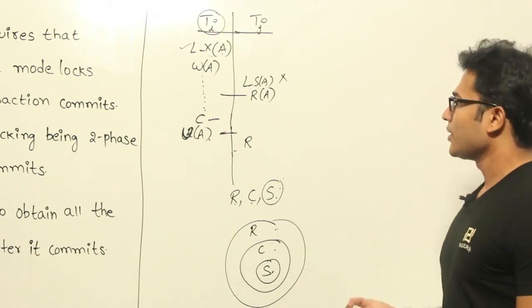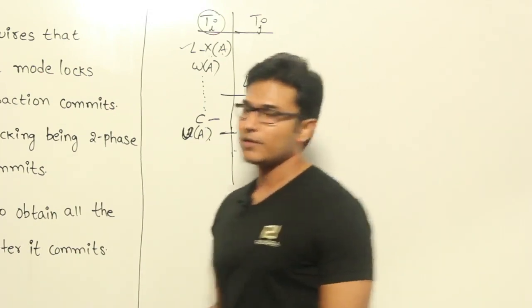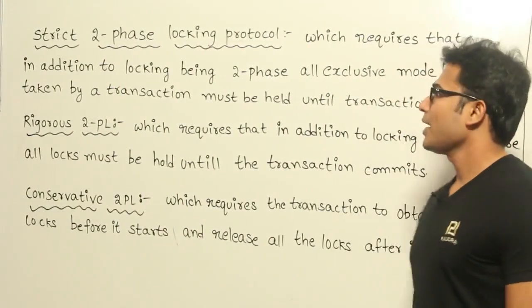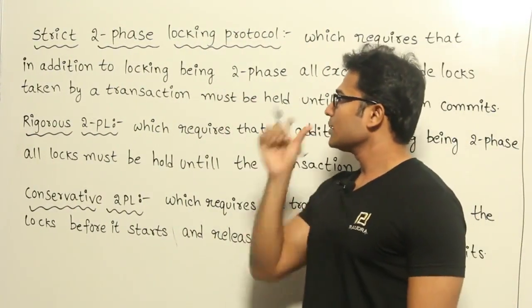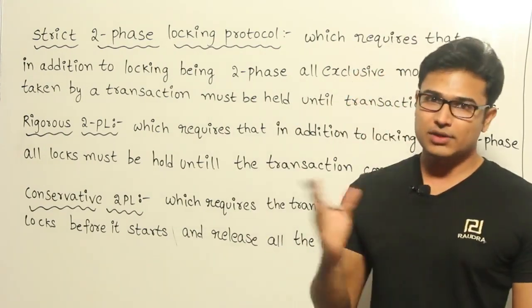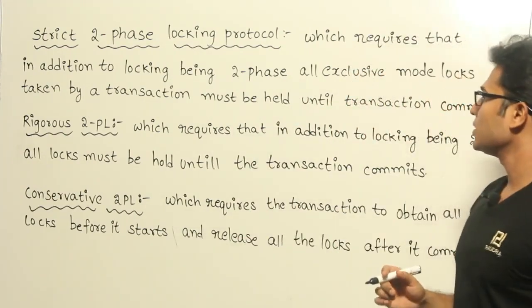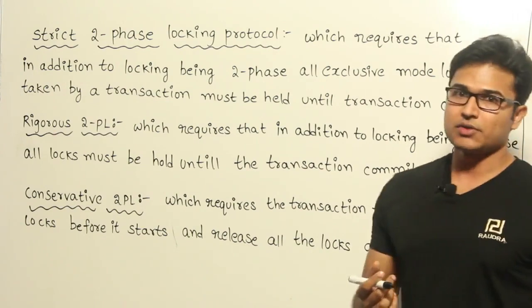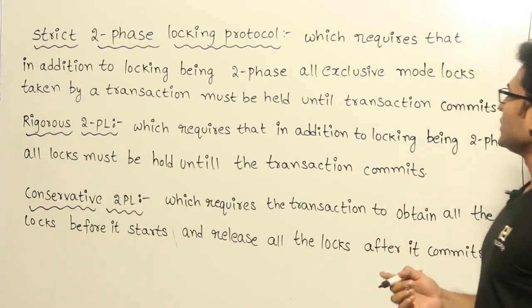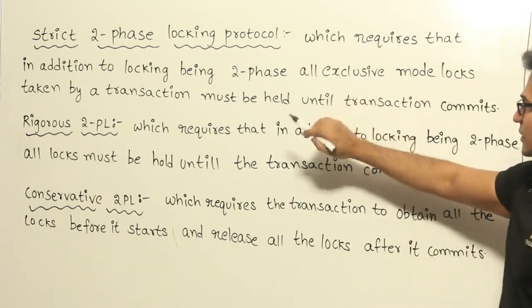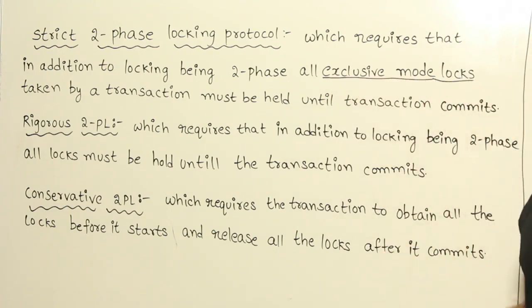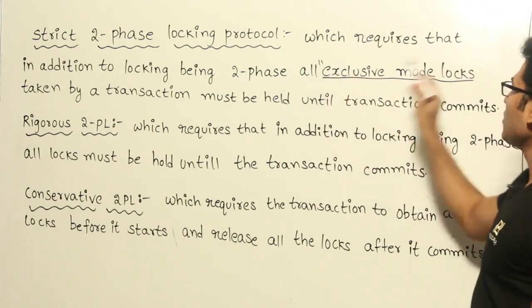Got it? Okay, having this requirement, that unlocking of exclusive locks is done only after the transaction is committed, is going to give us only strict schedules. So what you should remember is that in this case only exclusive locks are going to be held, not all of them. Strict is going to hold only exclusive